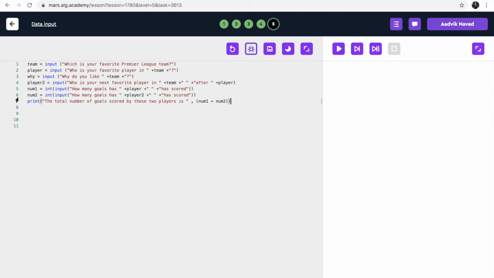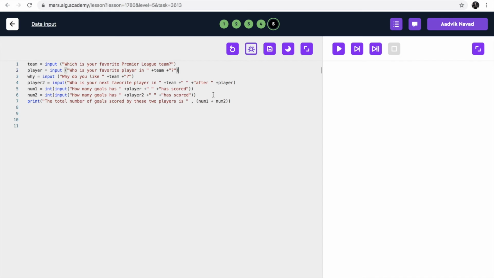So home to the code one more quick time. So the inputs, which is your Premier League team, and then a new thing which is plus team. It basically takes whatever the input was for that variable and then adds it in there. And then the math function is the exact same. It just takes the input for the variable and then it just adds them instead of having the input for